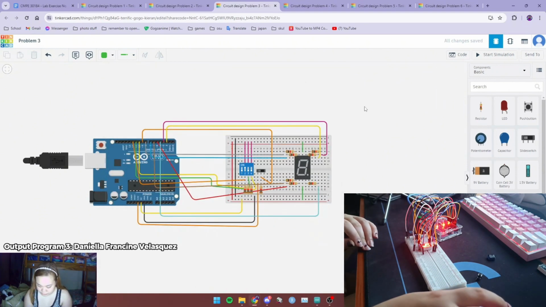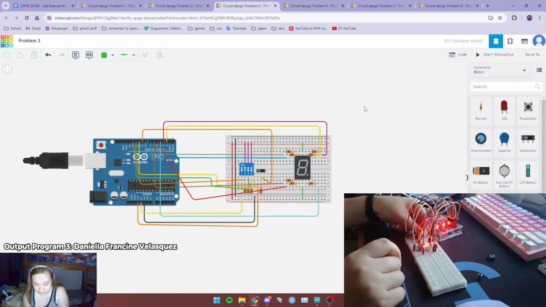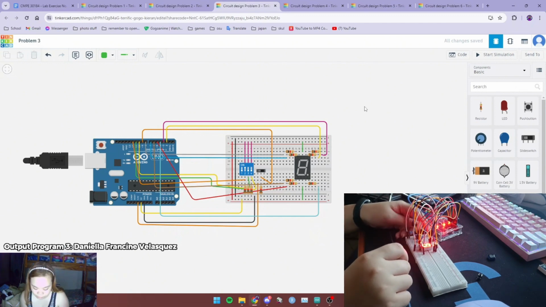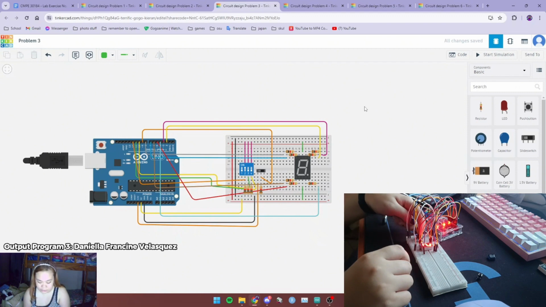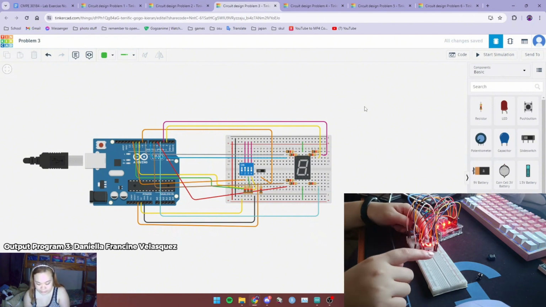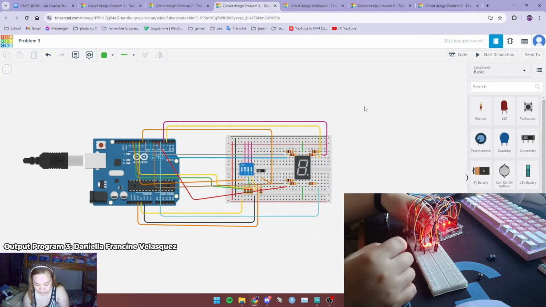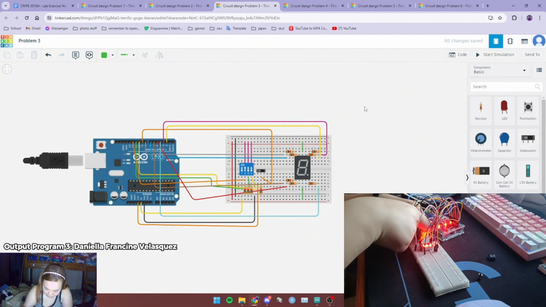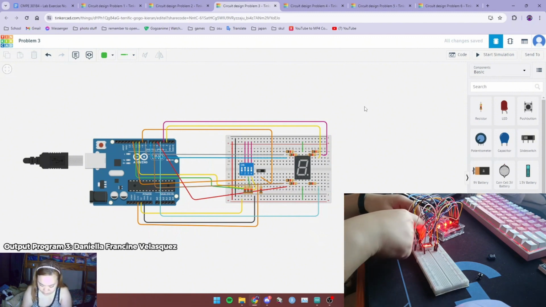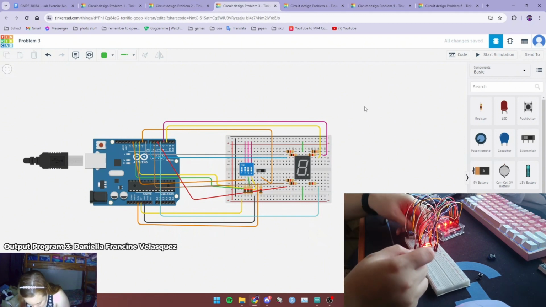Yep. Now it's uploaded, so I think okay, so the dip switch serves as our binary numbers 1 to 4. And then this slide switch is the same as our problem number 2, where when we slide it on the right side, it counts up, it increases the counting, and when it slides to the left side, it decreases. So I think we can first set our switch to